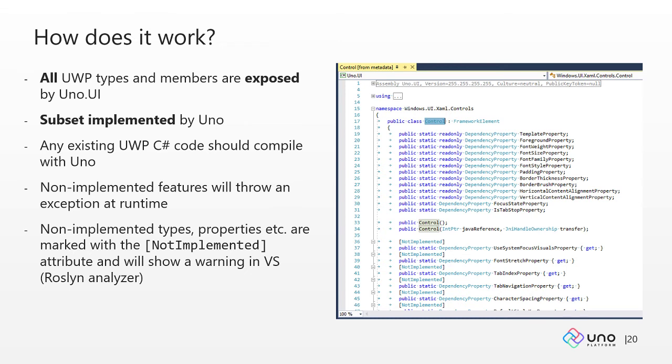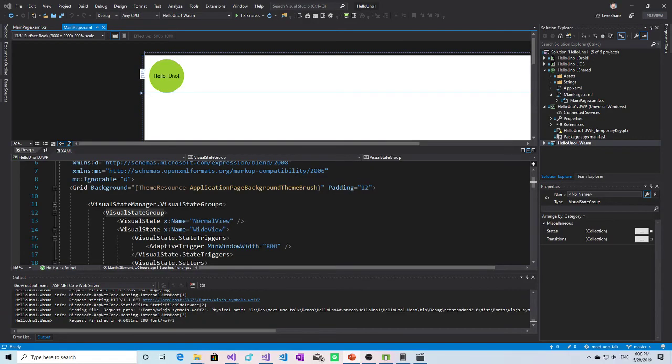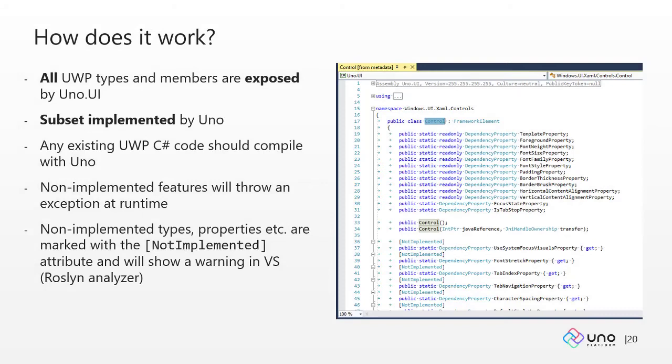So you are not limited, you always know what's going to happen, and you don't need to be afraid of some runtime exceptions because some APIs are missing.